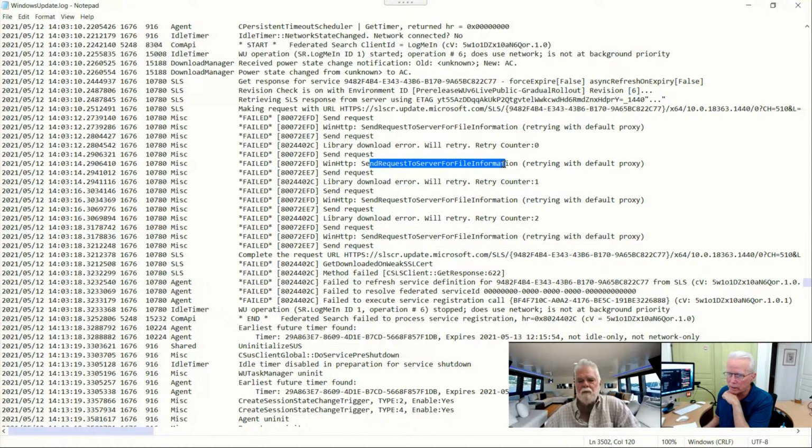Send request to server. Now you have a couple of VPN softwares installed, right? No, but before I did anything, I shut down the VPN and I disabled my antivirus, the whole thing. Okay. And I made sure everything was disabled. Library download error. Will retry. Send request for server file information. And I shut down the firewall. Okay. Library download error, will retry, send request, server file information, update Microsoft, get download on weak